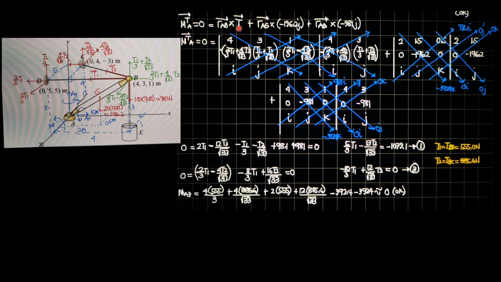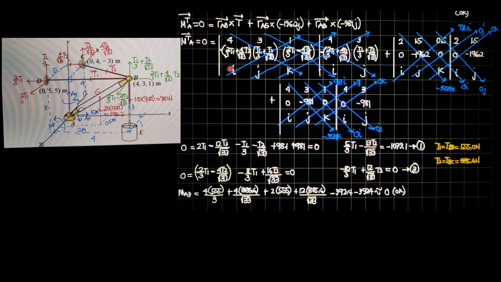Then this T here, I colored the net components at B. So we have for x, it's negative 2/3 T1 plus 4 over square root of 33 T2. For the y component, both upward, T1 over 3 and T2 over square root of 33. And for the z component, I copy this first because this is positive 2/3 of T1. Then this is negative 4 T2 over square root of 33.